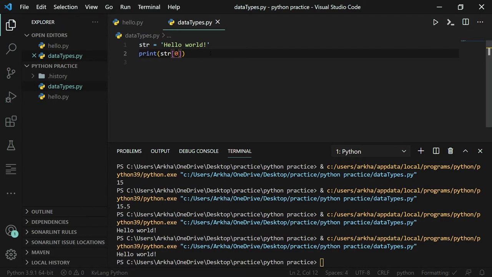Index always starts with 0 in any programming language. So if you want to print the first element of a string or a list or a tuple or anything, then we need to specify it as 0, that is 0th index, the element on 0th index. So we are printing the element of string, that is str, on 0th position or 0th index, that is h. Let's print it.